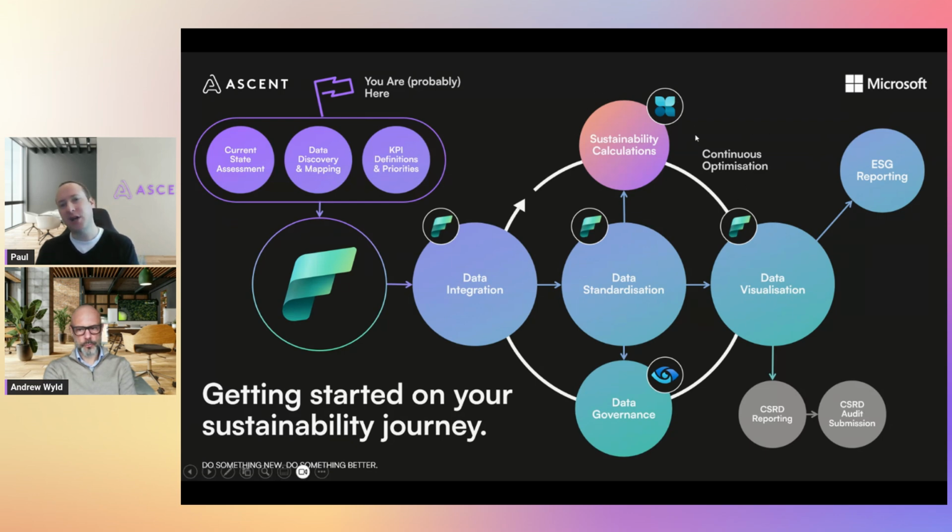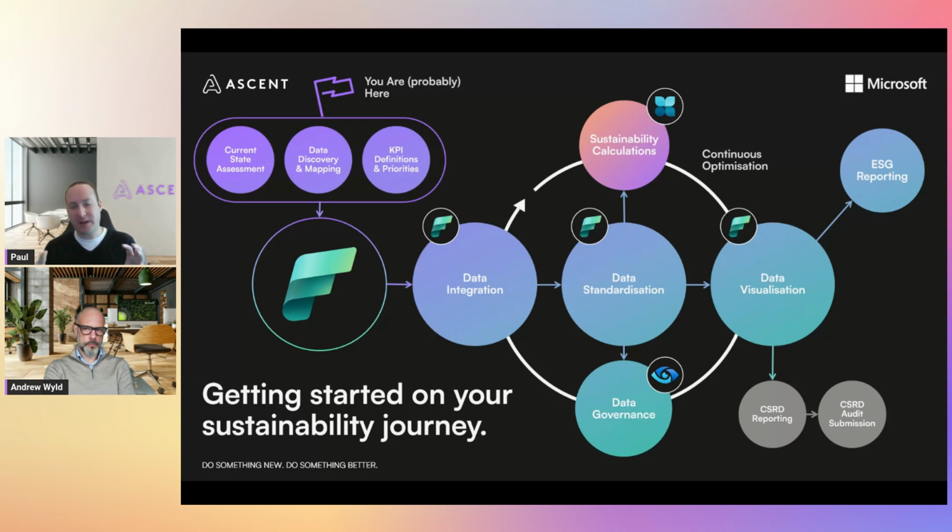Now, along that journey, you may find that it's quite a lot of manual effort, or maybe you don't know how to do your sustainability calculations. Well, if that's the case, Microsoft Sustainability Manager is a great complement to implementing sustainability data solutions as well. It's a SaaS-based product which has a bunch of pre-built calculation methodologies for carbon, waste, and water, as well as lots of emissions factors and ways to manage your emissions factors and your calculation methodologies.